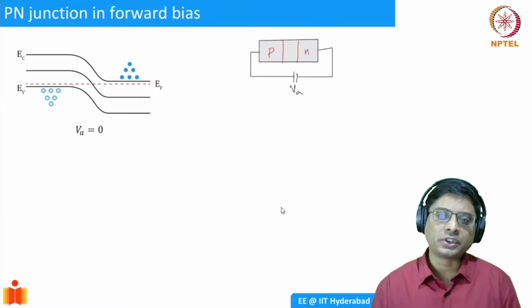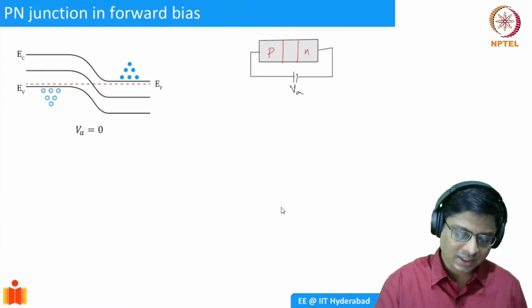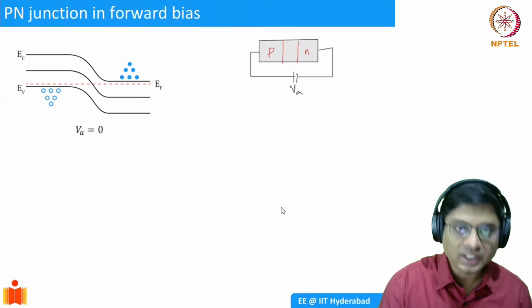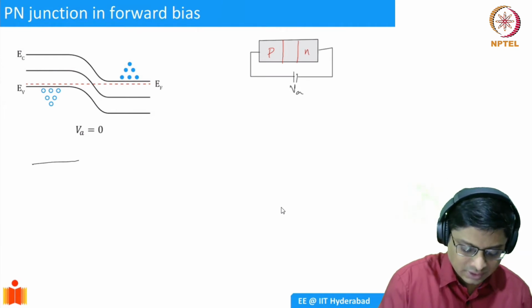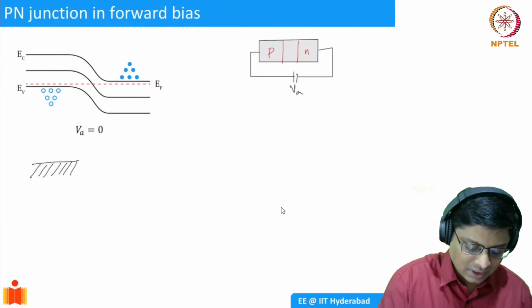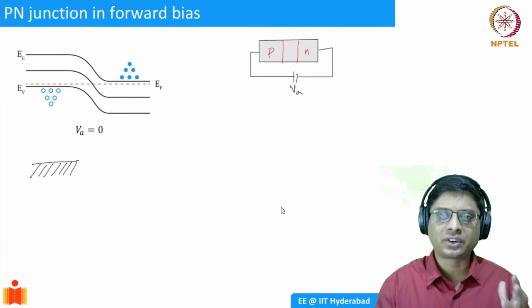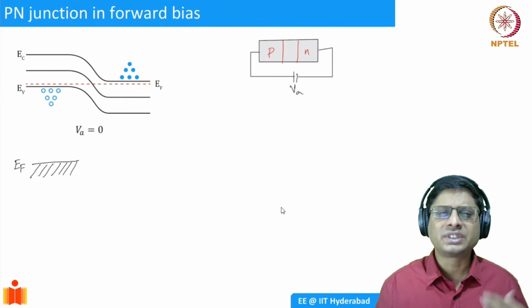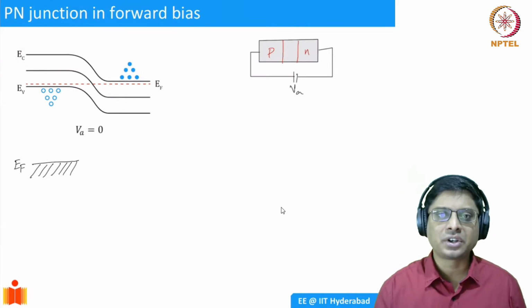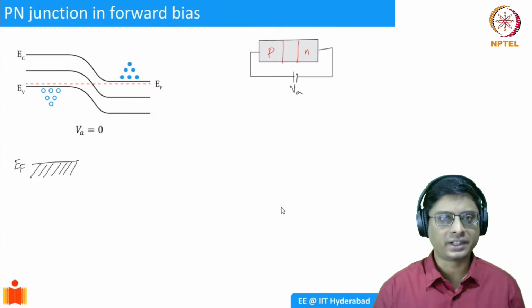So when the positive terminal is connected to the P-type semiconductor, what happens? To understand that, we need to analyze what happens to a semiconductor when you apply potential. Let's say if you take a regular piece of semiconductor, it has basically a lot of electrons, and the energy level at which the probability of finding electrons is half is given by EF. So this is essentially something similar to an analogy of water in a tank. You can think of the water as electrons, and you have a lot of electrons in the tank, and the top surface of the water is like the Fermi level.